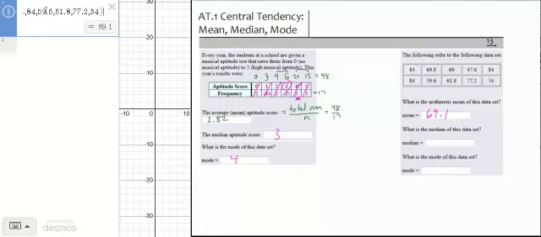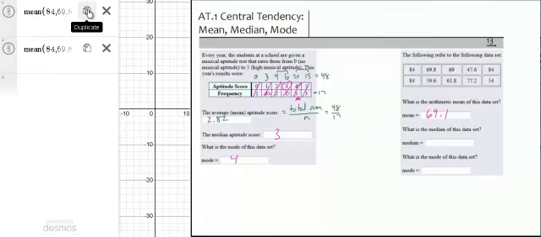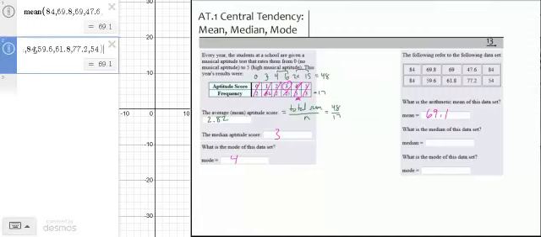To find the median, you could either copy this whole thing and paste it into a new cell. So I can hit Control A, copy, paste it. I can also use this settings key, and it will copy this. If I create a copy or duplicate that, I can then go to the front of this command and enter a DI to make it median, and I see that the median is going to be